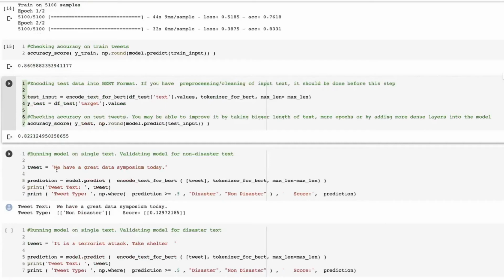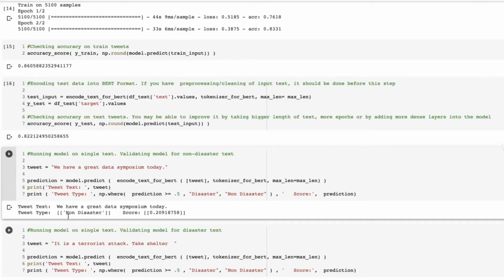Okay, so now let's just run the model on a normal tweet, like we have a great data symposium today. And if you see, the model is predicting it as a non-disaster with a very low score.